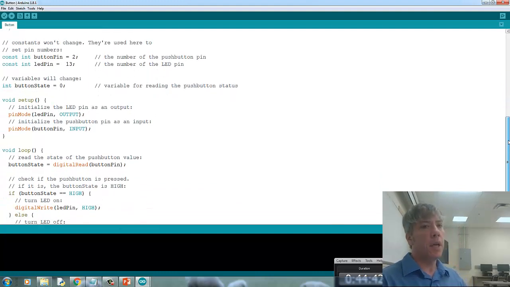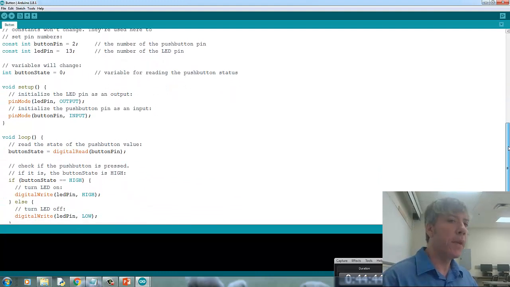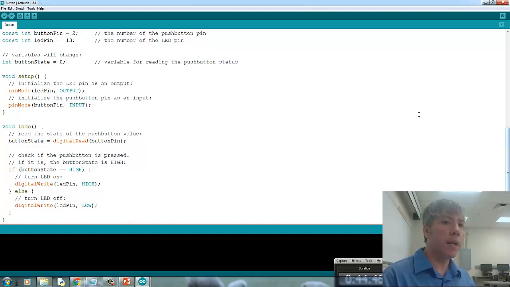All right, here's the core of the code. There's a few more instructions here, and I want to describe to you what these are doing. First of all, up here we've got declarations of variables. So we've got a constant value that is an